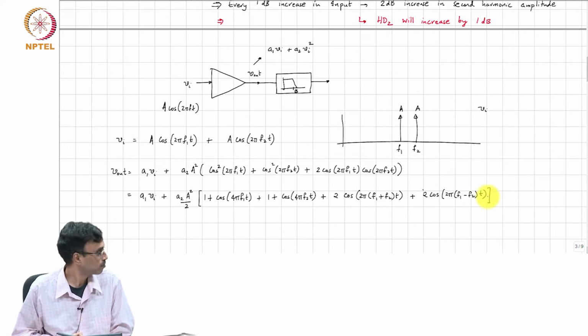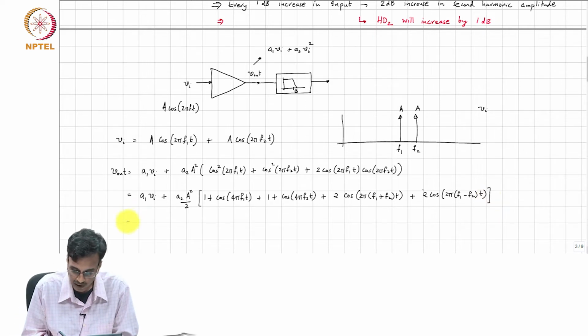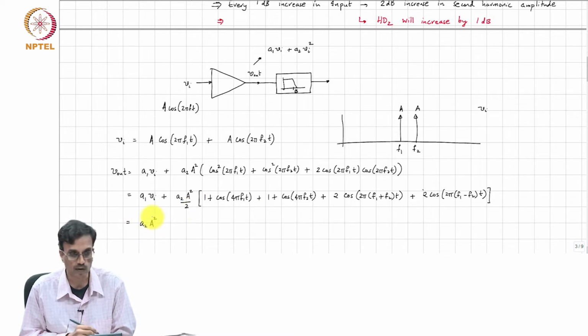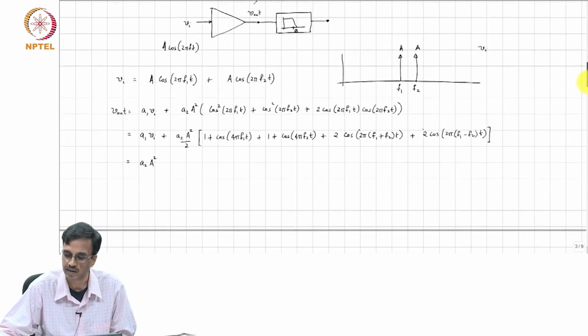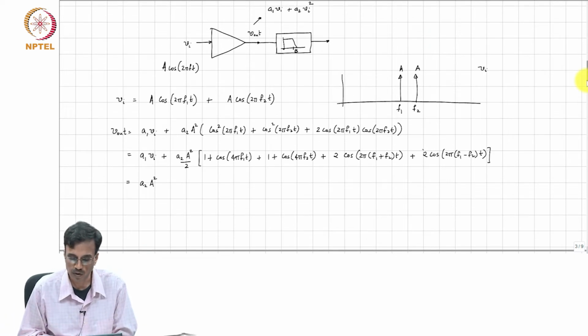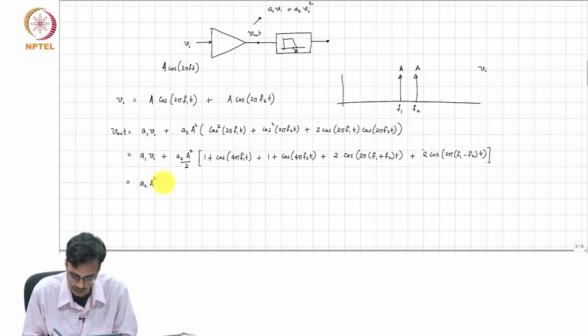So, if you take out all these terms, it is basically A2 A square, a DC offset, and that makes sense, because we have seen why it makes sense that you have a DC offset,